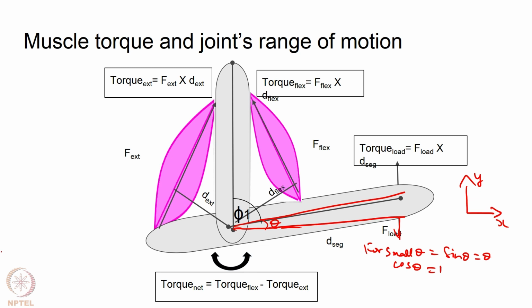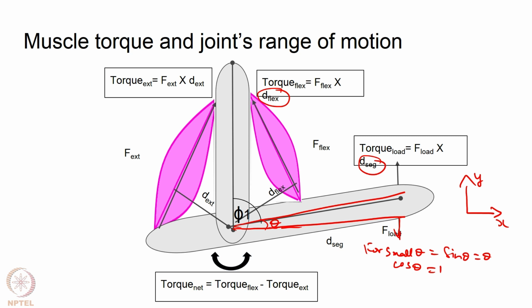So, here there is a slight change in the problem. Why? Because now you have an acute angle, right. Earlier I had a right angle, now I have an acute angle. Accordingly, the problem will change. Of course, it is possible for me to choose a different coordinate system. Whichever coordinate system that you choose, the problem will change, but it is not like the force that needs to be produced by the muscle has changed by a lot. Regardless of the situation, d_seg and d_flex are not going to vary by a lot.